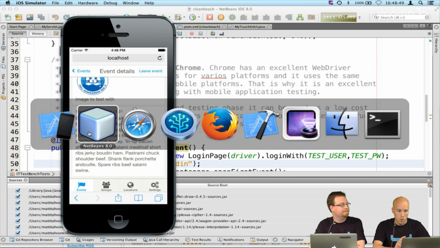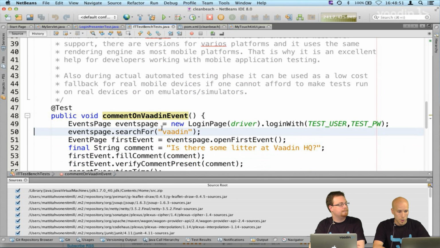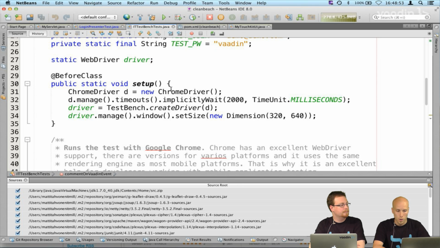I'm using just ChromeDriver here. ChromeDriver is quite good for testing mobile applications, because most mobile browsers are based on WebKit, and it's pretty much the same thing as Chrome. If it works here, it's a very good starting point at least.